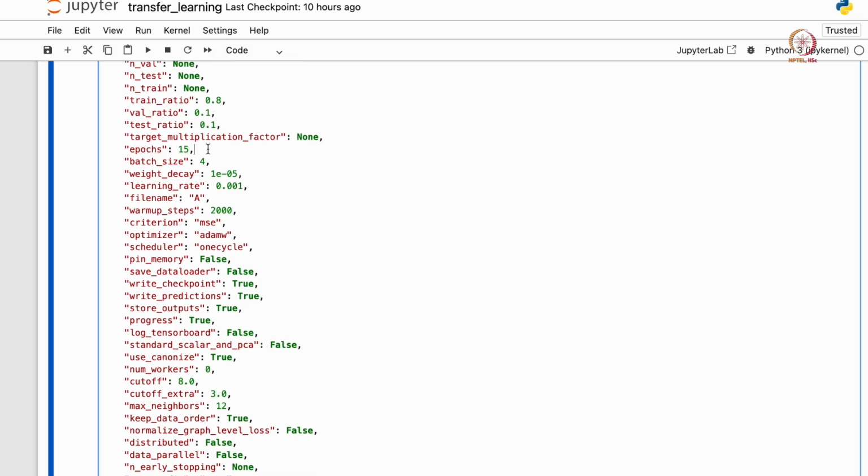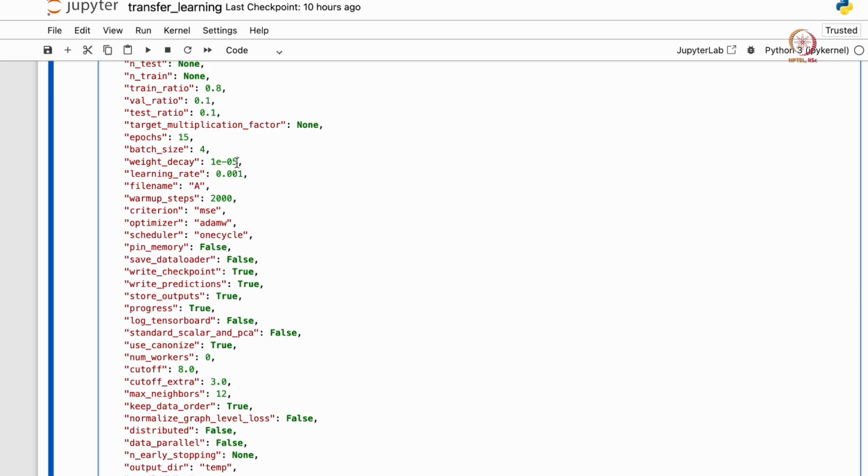And now for this model demonstration, we will just be showing this model with 15 epochs and a batch size of 4. And there is a weight decay, which is important for the optimization we are using. Some weights become huge over the course of training, and they influence the prediction too much. So we don't want that. We want the weights to be minimal so that it can generalize better.